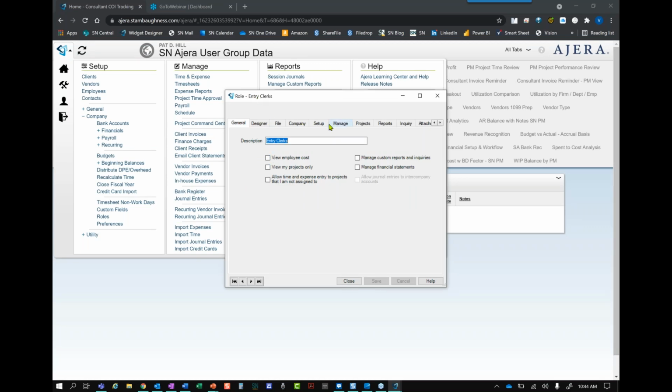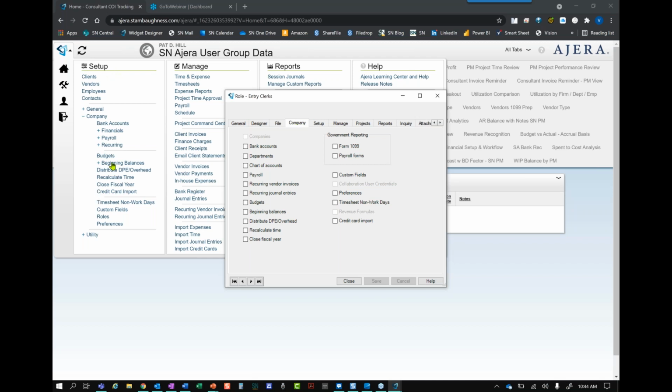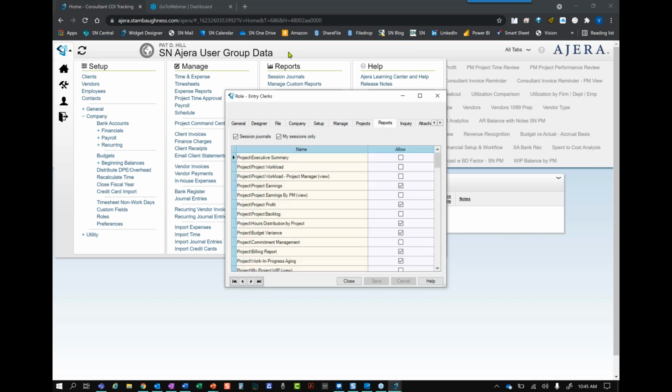So in the security role, if you look here, this emulates our Ajera menu. So we've got the setup menu, we've got the company section, we've got setup items, we've got the manage tasks, we've got the reports.